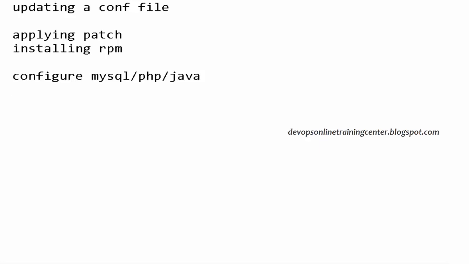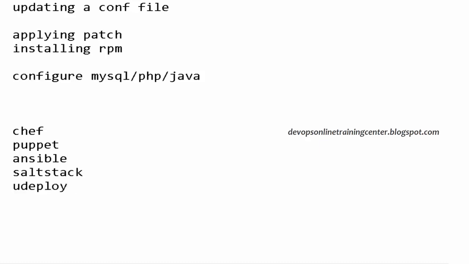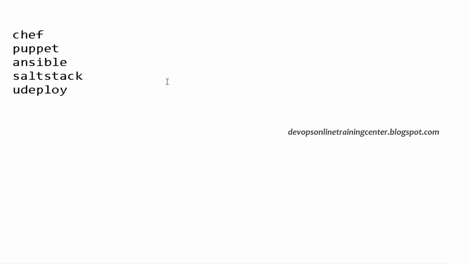It's end-to-end automation. Also, when you have a continuous integration setup, with your source code repository, your build tools, and then Artifactory, what we do is continuously deploy those artifacts, those binaries, into the test machines, right? So for that also we use configuration management or continuous deployment tools. We have Chef, Puppet, Ansible, SaltStack. These are the main configuration management or continuous deployment tools, right?